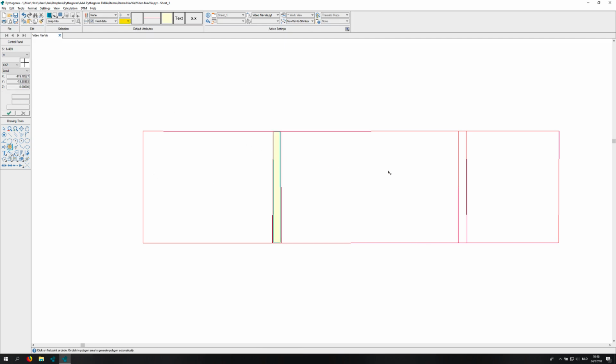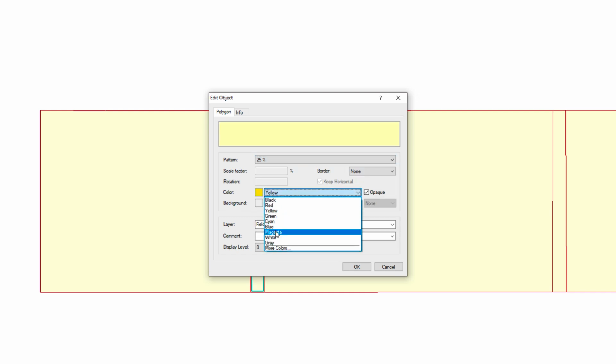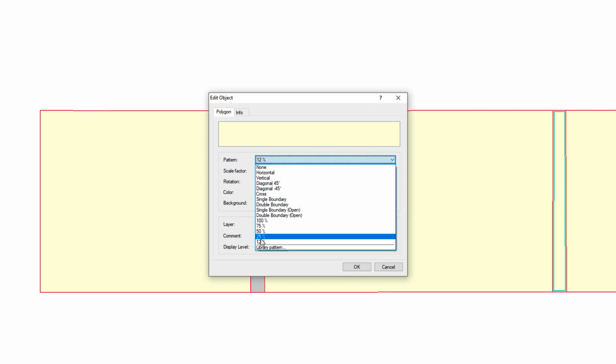As in the floor plan, we can add polygons, so we can fill up the closed area by clicking in the closed area or by selecting the points and lines of that area. And we can change the color and the style or the pattern of the polygons.